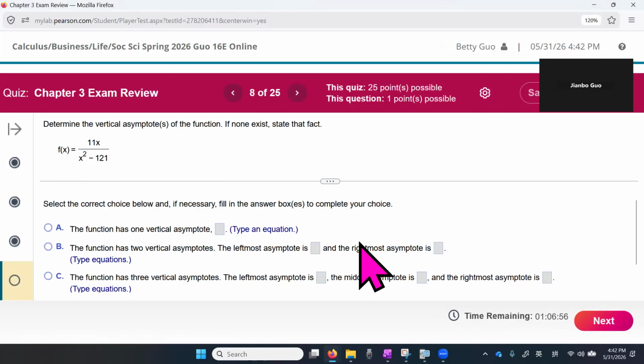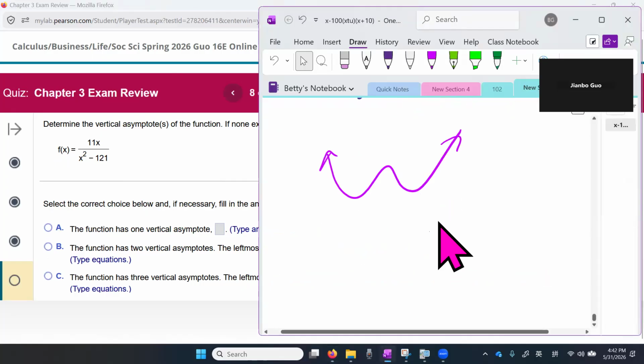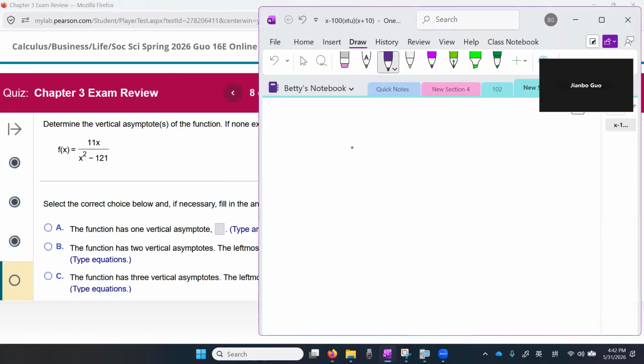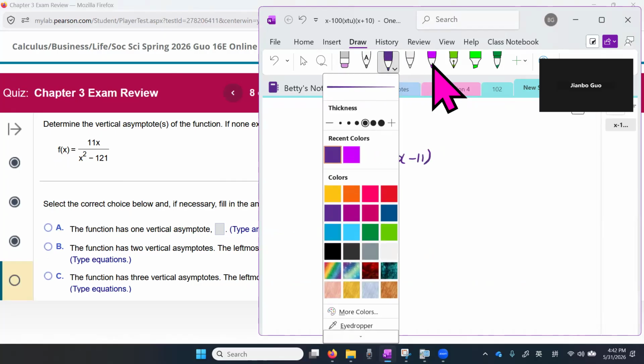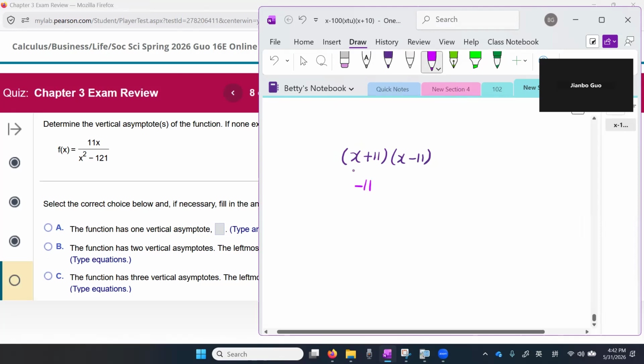So if we factor the denominator, we can factor x squared minus 121 as x plus 11 times x minus 11. So the function has two